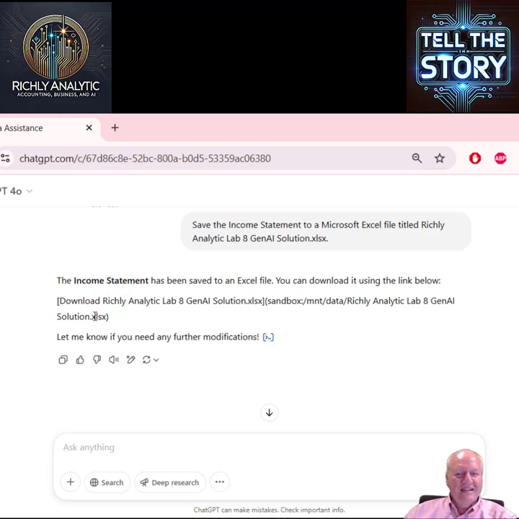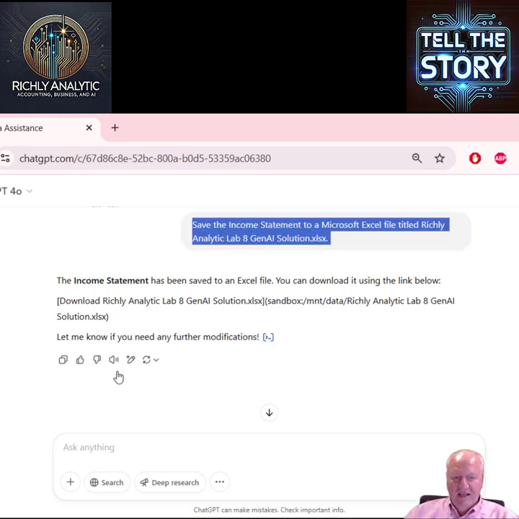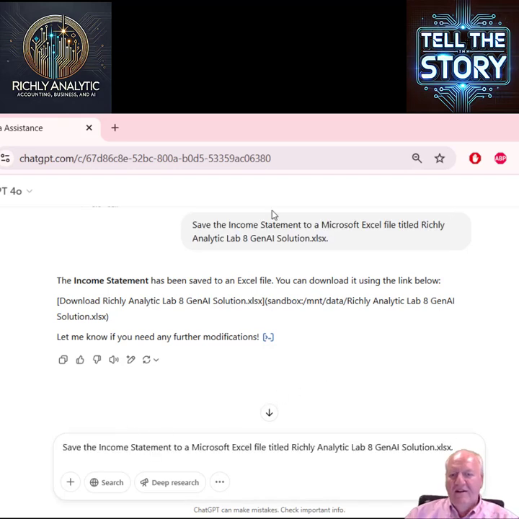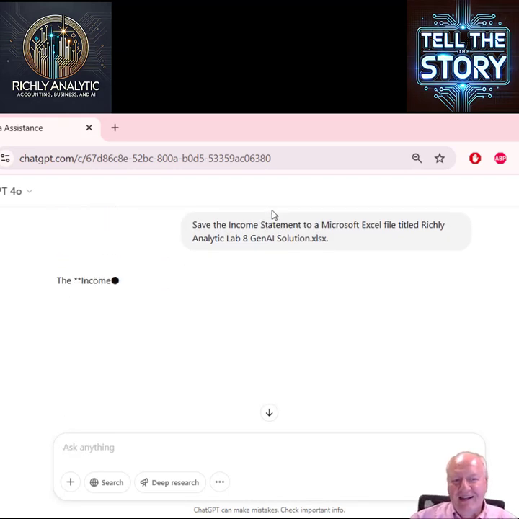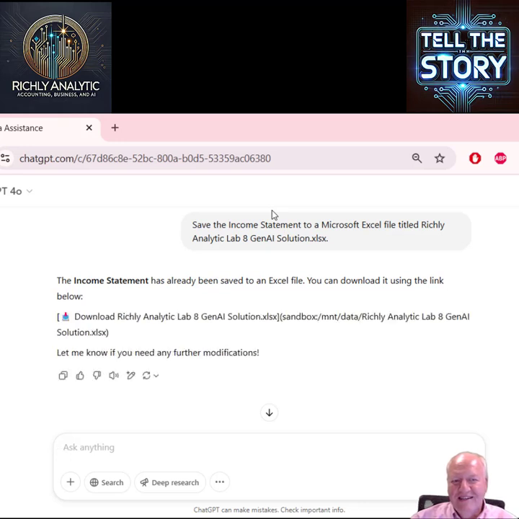It gets a little lazy and doesn't actually output it to a file. It says it's going to, but it doesn't. And so I'm going to give it the same instruction again and see if it will output it. I find it gets a little lazy, so I've been using it a lot today. This is kind of funny. It says, hey, we already did that, and I'm still not seeing that.